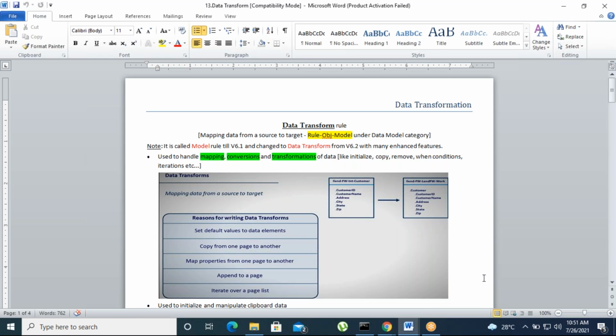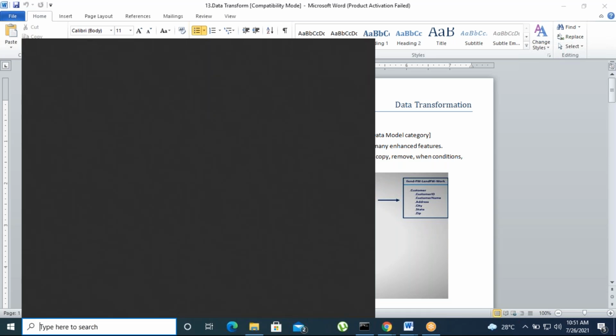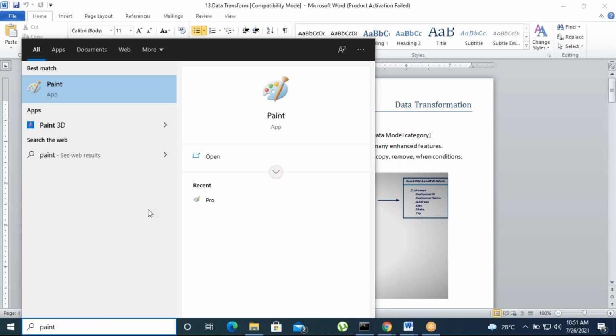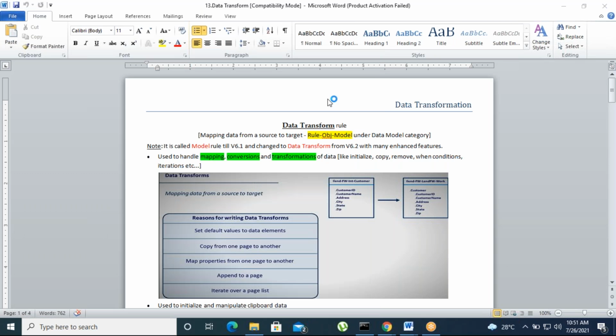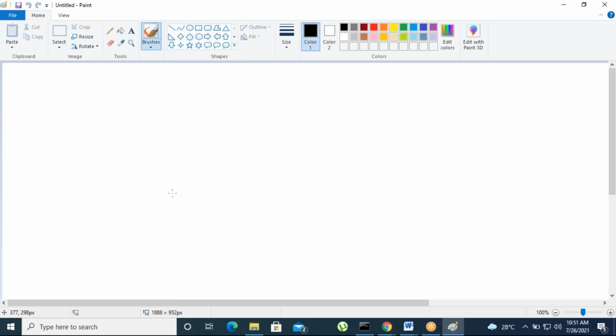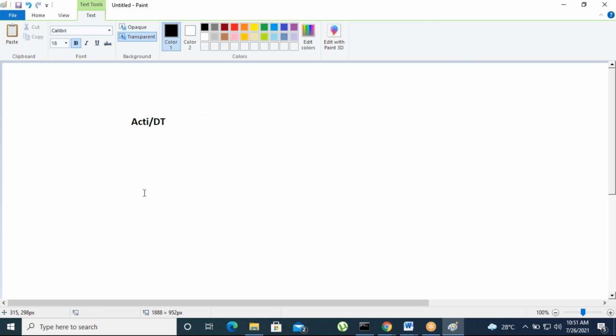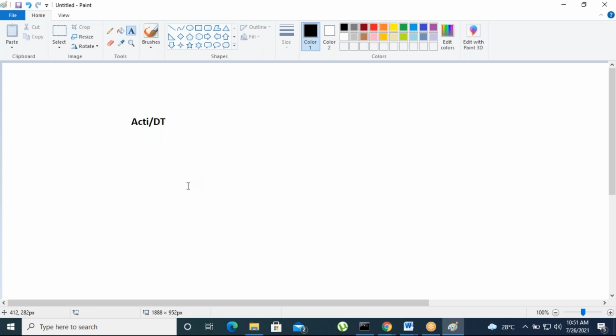Then we'll discuss some other access into the data transforms. So what is the difference between data transforms and activities? Generally I told you in the starting class only, if you want to do any scenario by using Pega PRPC, compulsorily either a data transform or an activity will be required. What type of situations can we use activities for, and what type of situations can we use data transforms for? As of now, we can use activities to hit the data table and, while populating the data in the UI, we can use the data activities.